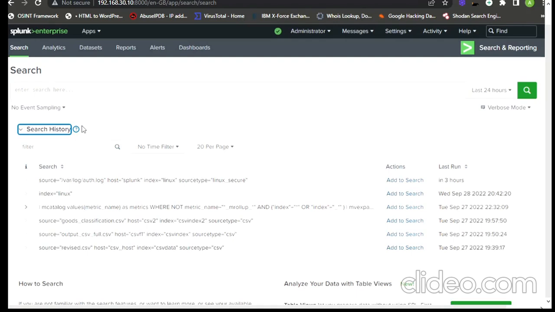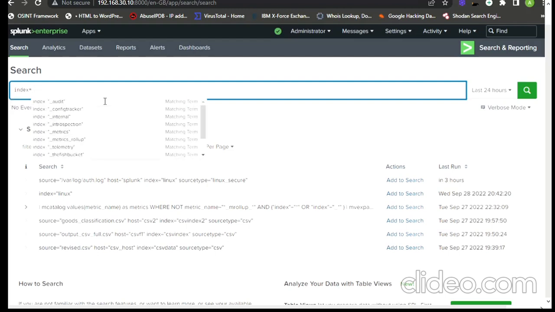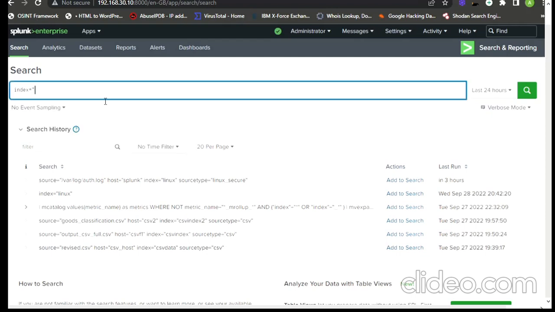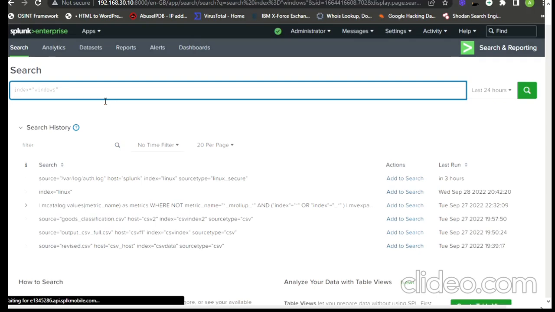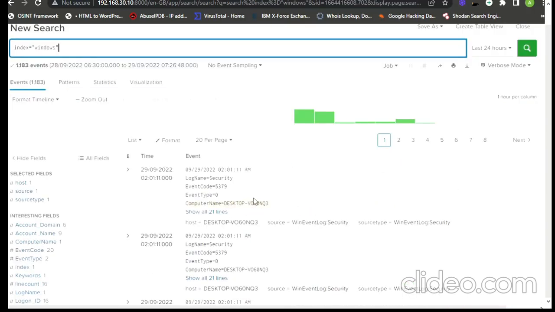Windows, no, it's not there. Let it be. We have to give index as Windows so that we can get the log against it. Okay,